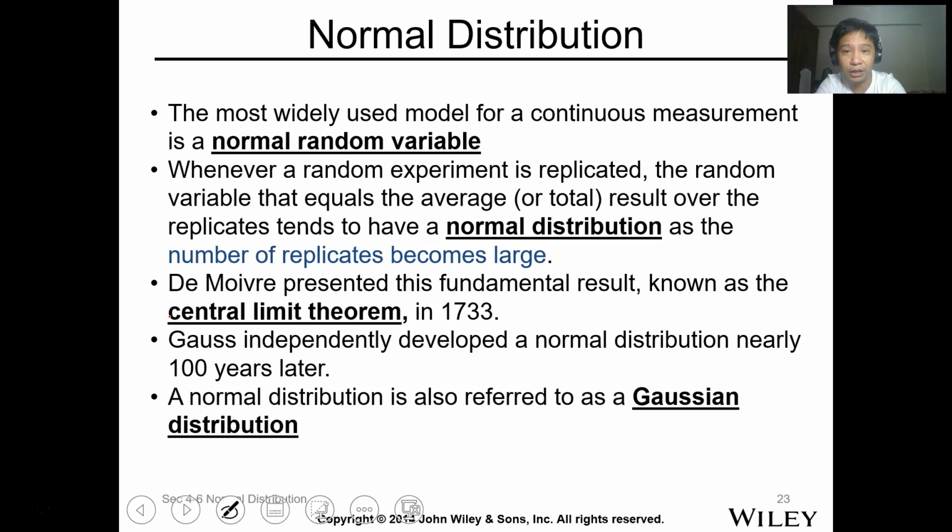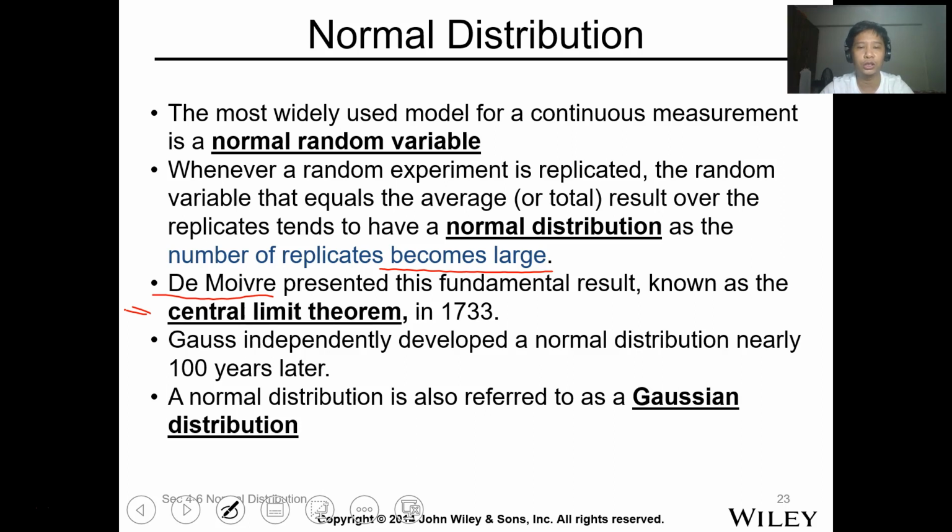So, de Moivre presented this fundamental result known as the central limit theorem, which is the main basis for the normal distribution. It states that as your sample for your experiment becomes larger, it tends to approach a bell shape or a